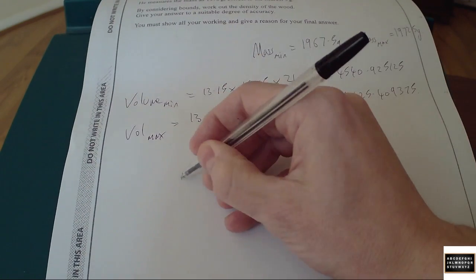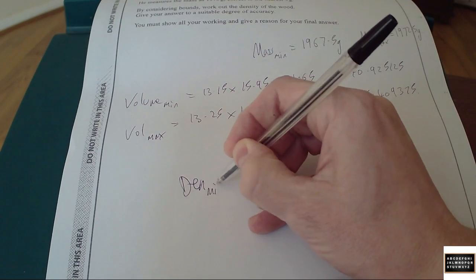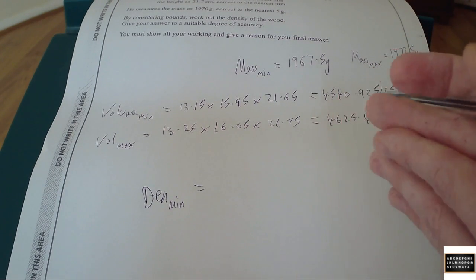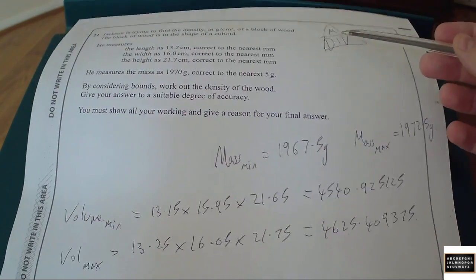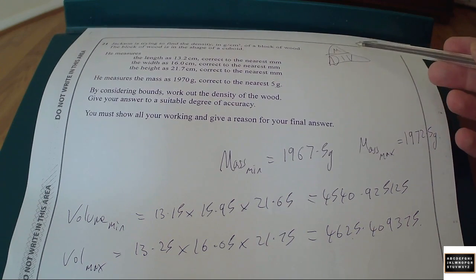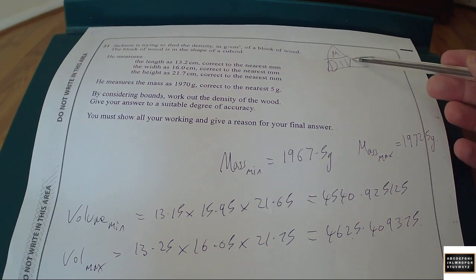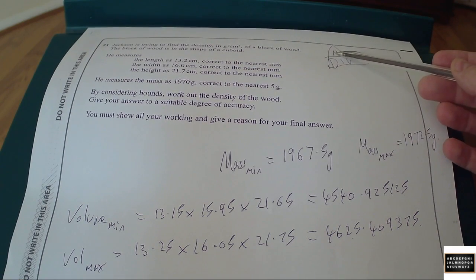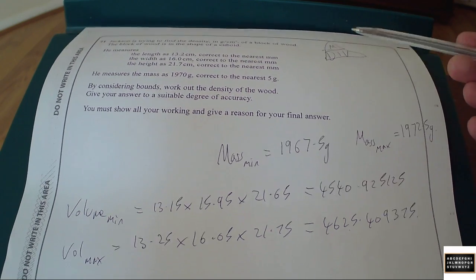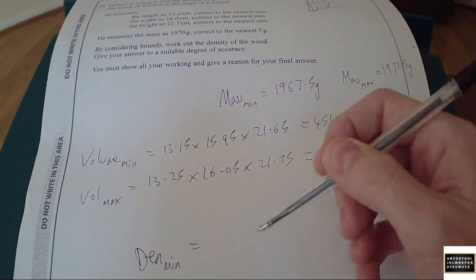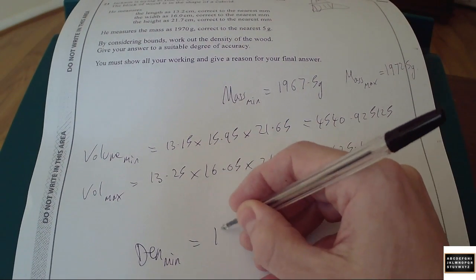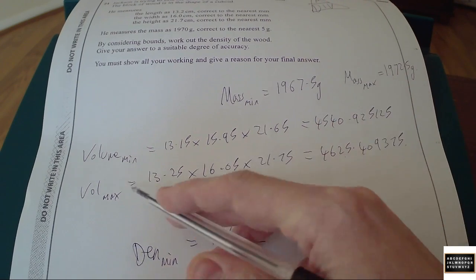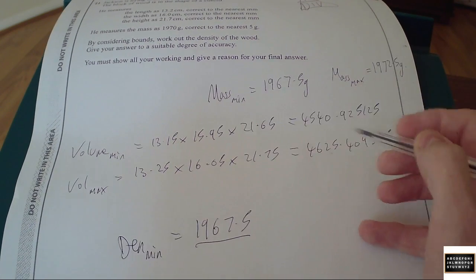That must mean then that our density minimum will be, so to get the smallest possible density, you're going to get your smallest possible mass divided by the maximum possible volume. So I'll just say that again. To get the minimum density, you need your smallest possible mass divided by the maximum possible volume. So your 1967.5 from up there divided by this one, the volume max. So this one,